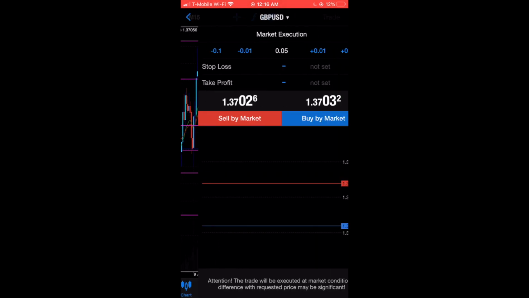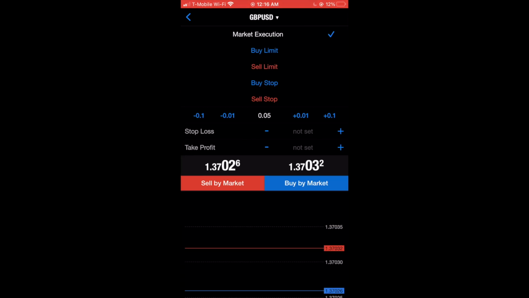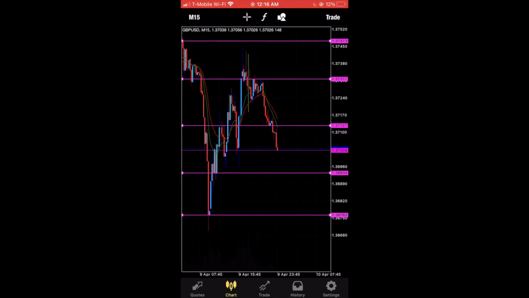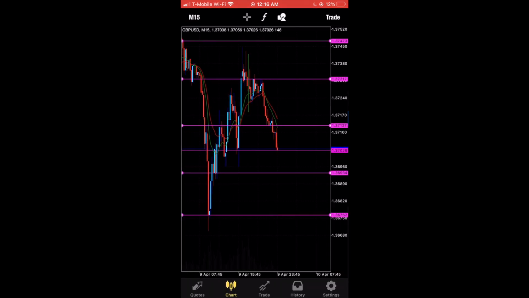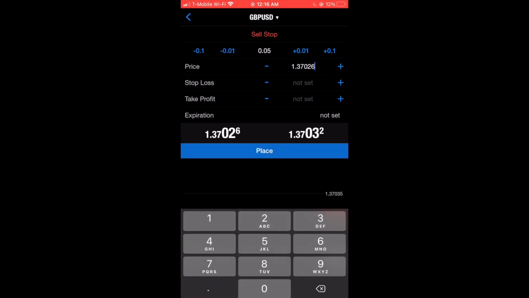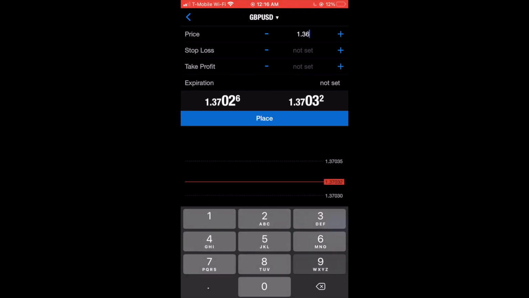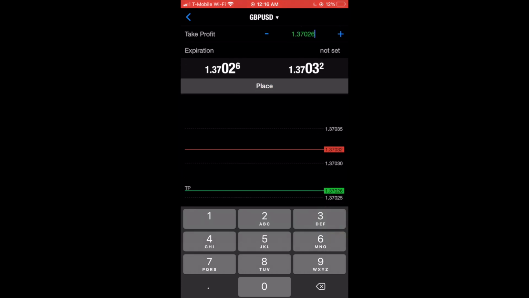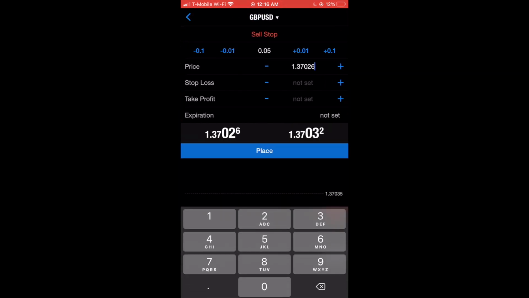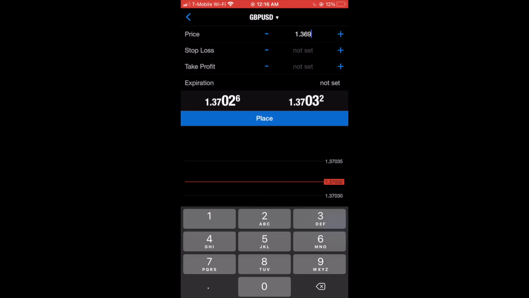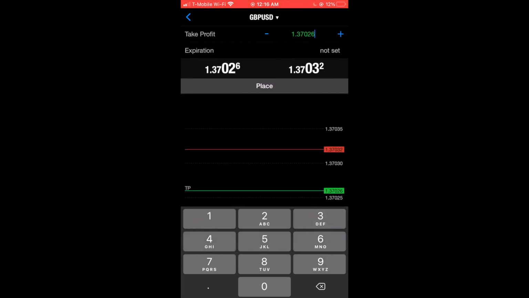So basically it is at 1.36762. You see that wick? The market has been below our support line, which is telling me that it has the potential of hitting that support line once again. Literally, that is what I'm going to do. Go in for a buy stop or a sell stop. Literally, those are the only two market executions that I use for my strategy. I use my price limitation and I use my take profit based off of the